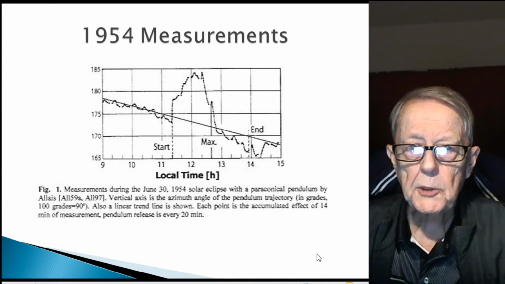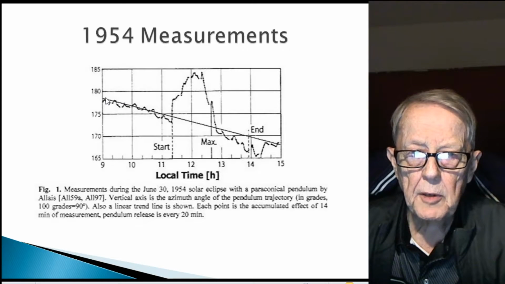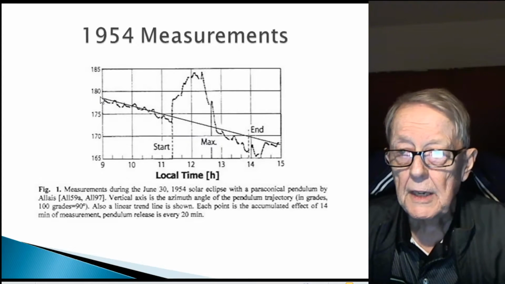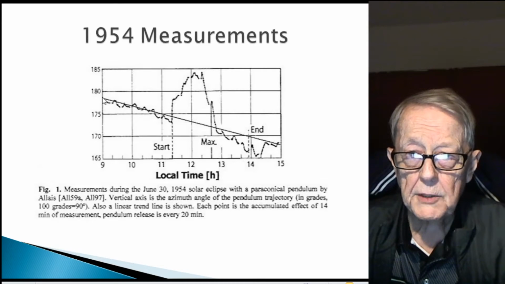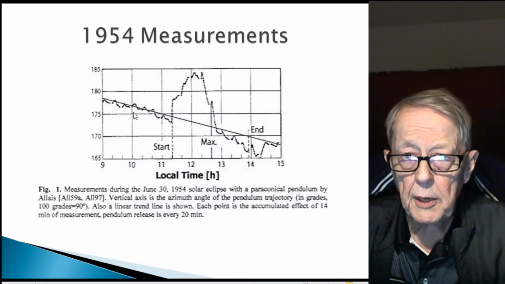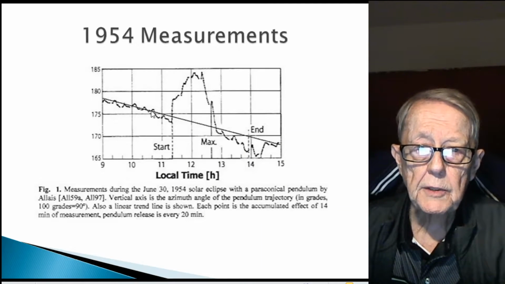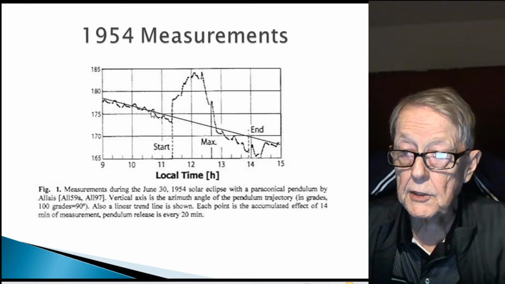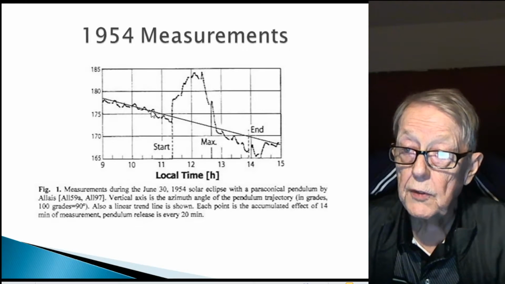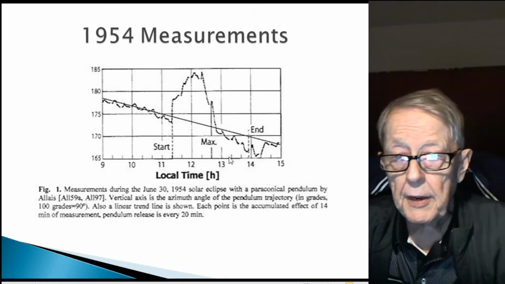Well, this was the measurement, and here you have the angle that the plane of the pendulum was at, very close to 180, which I would expect, if 0 is east, might be west. It was pointing west at this point and slowly moving in that direction to east. It's moving to the east, just like we are. We move to the east as we go through the Earth. And here are the hours